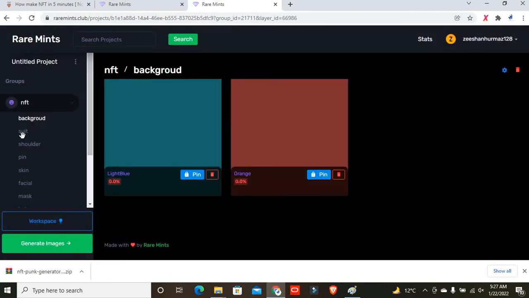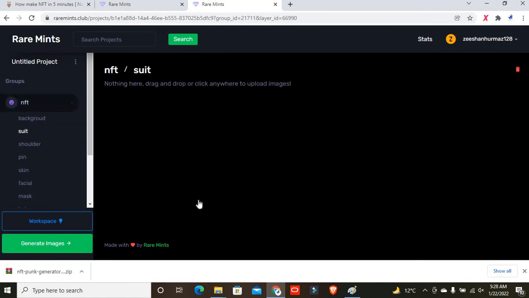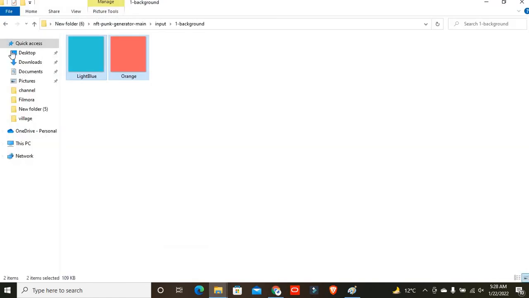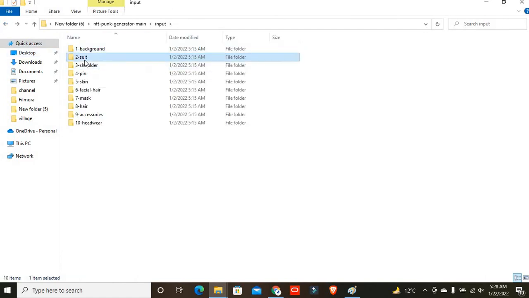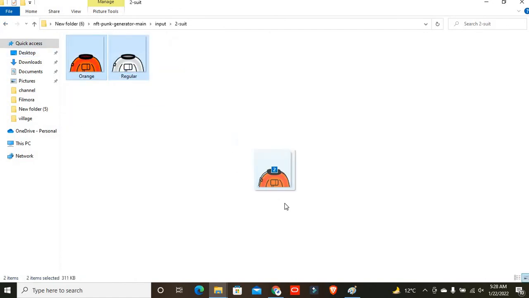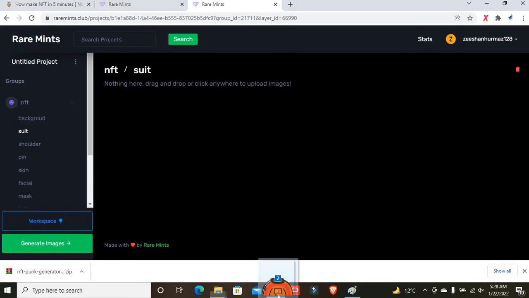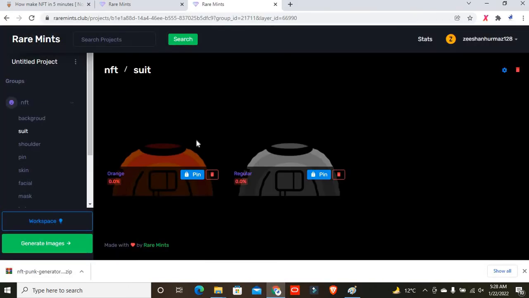So I'm just going to click on the main suit. After that, if you click on the suit, you directly come to the main file section right here, and you simply copy that, and again you come to the main page,